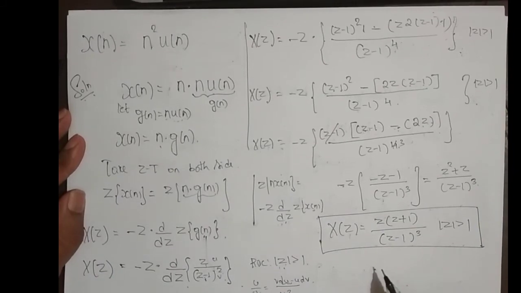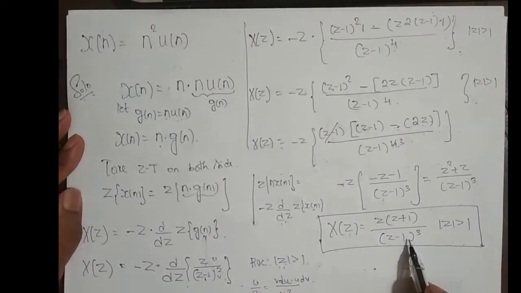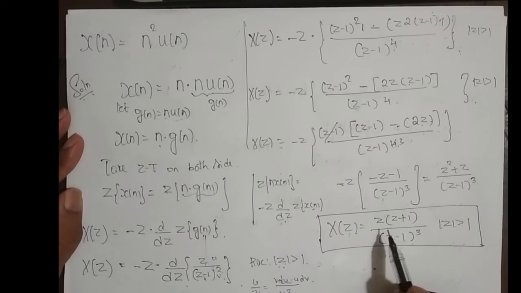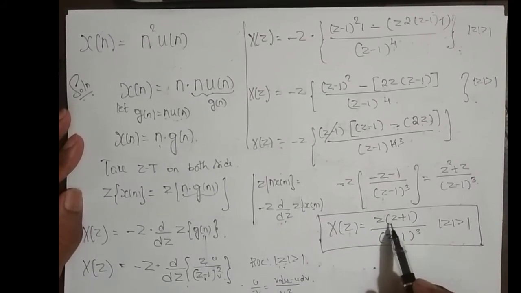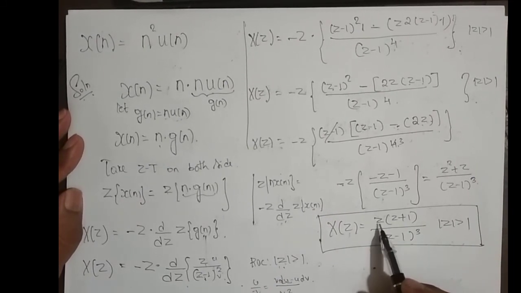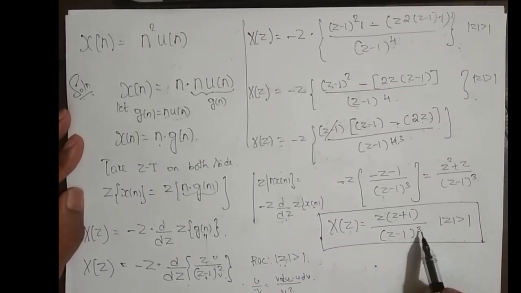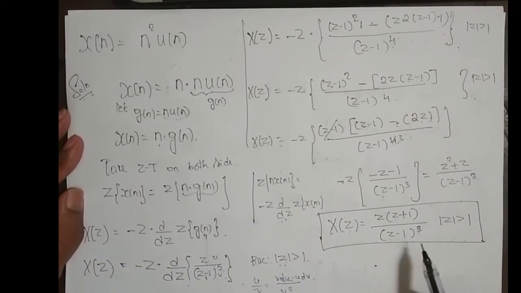As I told you previously, you have to simplify in such a way that you can recognize how many poles and how many zeros there are. So first, how many zeros are there? One zero at z equal to 0. If I put this 0, the numerator becomes 0, and the other zero is at z equal to minus 1. So at z equal to 0 there is one zero, and at z equal to minus 1 one more zero, so totally 2 zeros. And how many poles are there? Since it is a cube, I have totally 3 poles, and they are repeating poles, because it is (z minus 1) whole cube. So at z equal to 1, the poles repeat 3 times.